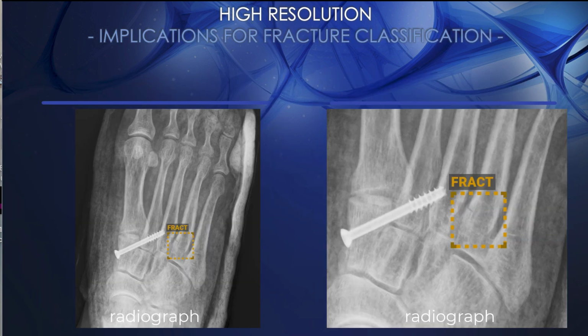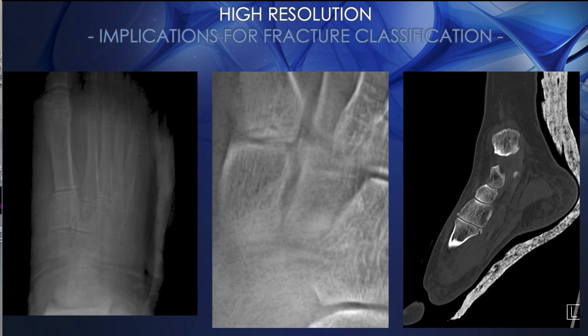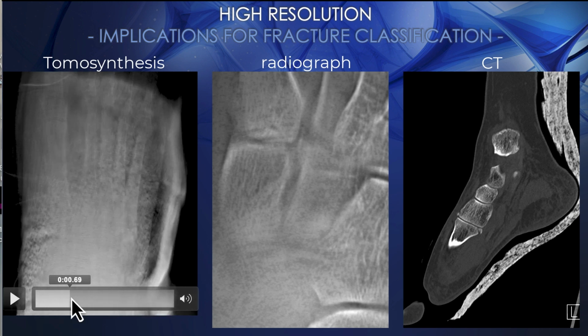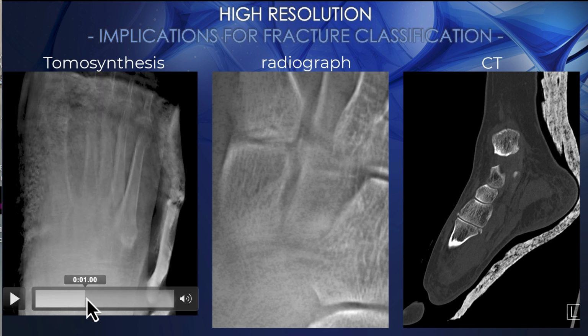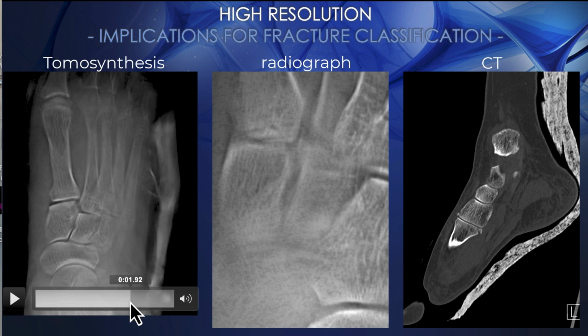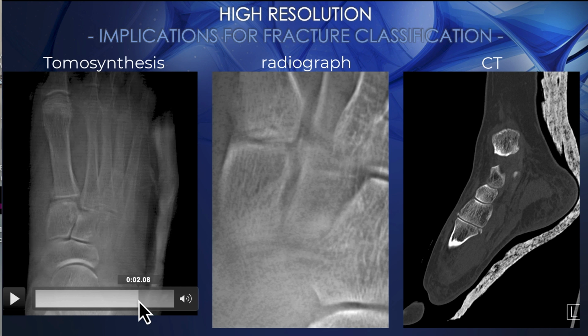This is another case of a patient who had a fracture, and the fracture was delineated by some software here, and you can see it at the base of the metatarsal. And this would be compatible with a Lisfranc fracture. What you don't see, and tomosynthesis will show you, is that multiple fractures are in fact present. So if you look at the tomosynthesis stack, again, here's this cast material, and you move through it, you can see that you have fractures at both the base of the first metatarsal as well as at the base of the second metatarsal. And if I look up close,